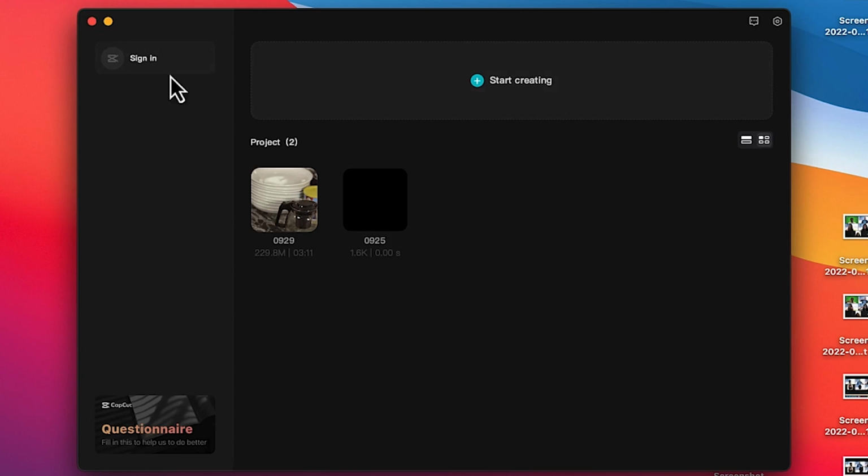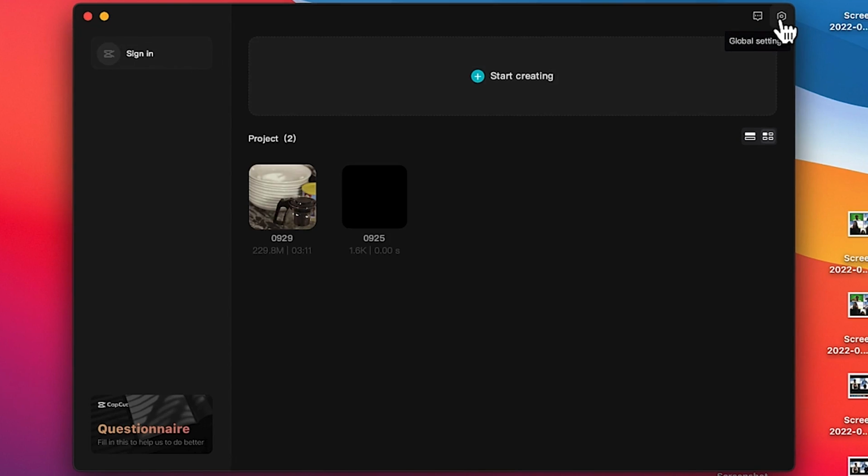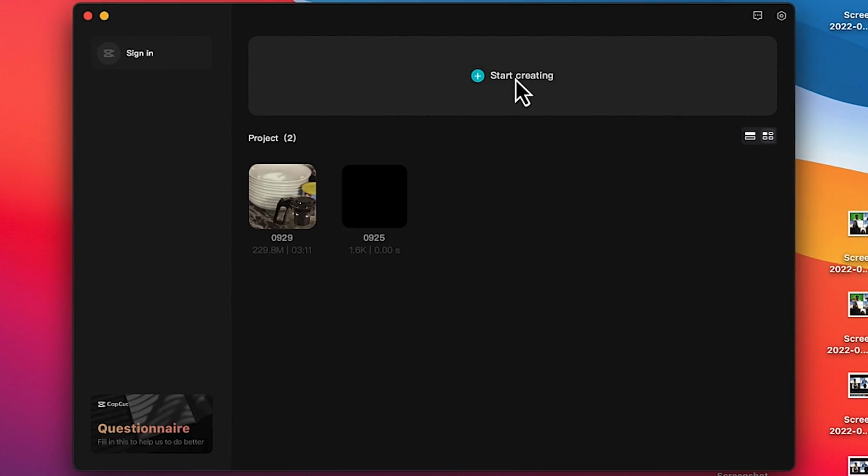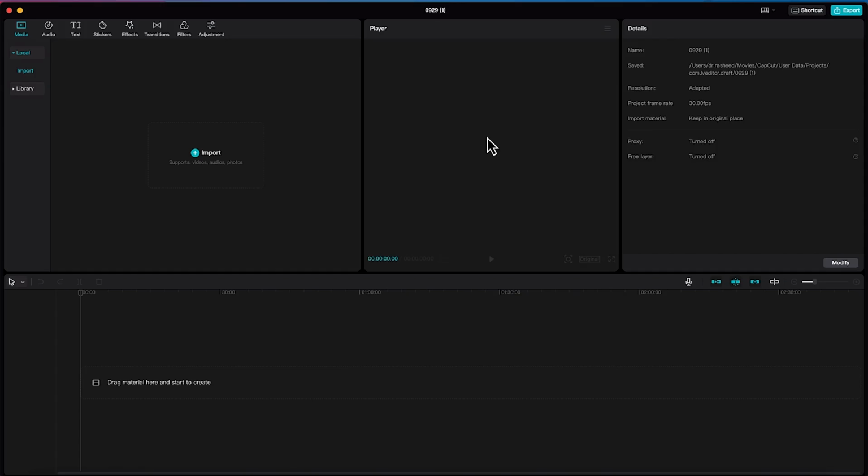You can log in if you want. If you have an account, you can just easily log in. And down here, you have the settings. This is the global settings. You can just click and see global settings over here, and many other settings like the terms and conditions and many more. Okay, but for just this tutorial, just go ahead and click to start,